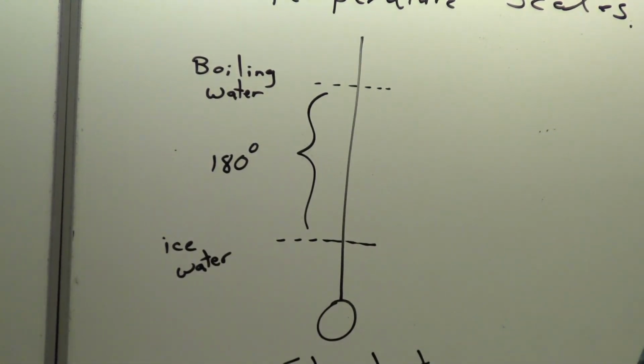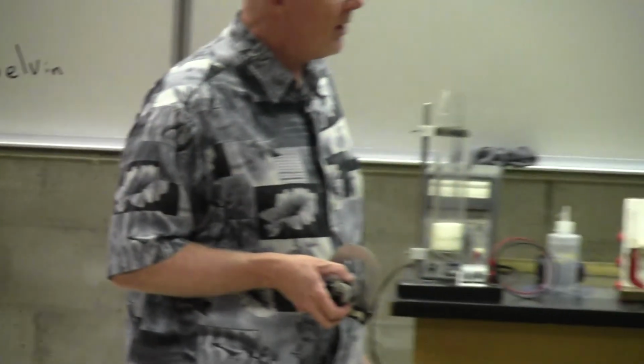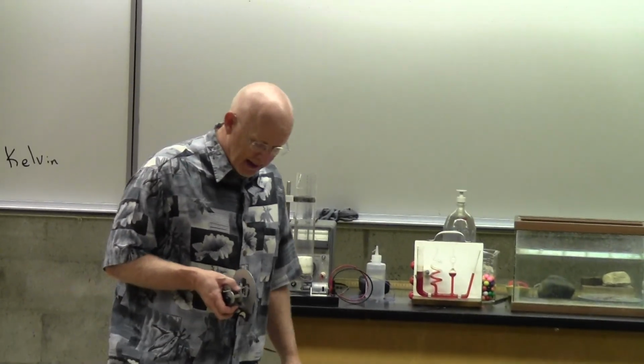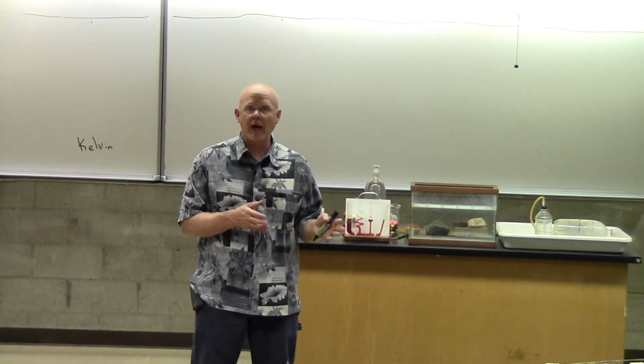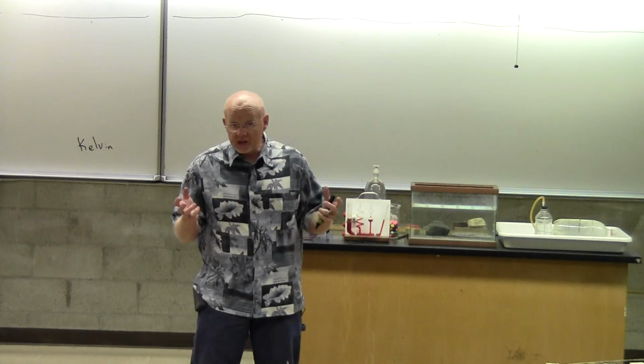Of course, he doesn't stop there. He asks himself another question like, okay, what would happen if I got it colder than ice water? And he realized it's fairly easy to get something colder than ice water. I don't know if you've ever made homemade ice cream, but as you might know, milk does not freeze at ice water temperature. You've got to get it colder than ice water. And so the way you can get it colder is by mixing it with salt. And so he knows that, and so he mixed it very heavily with lots of salt.